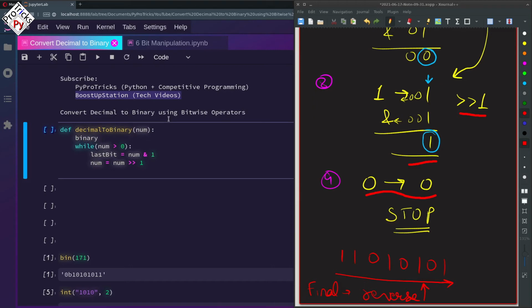Let us create a list named binary, where we are going to store all of the last bits of the given number while doing all of these operations. Okay, so we are going to append into the binary list by converting the last bit, because the last bit will be an integer after doing the above operation.